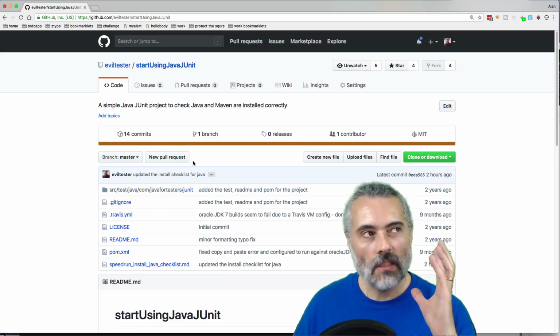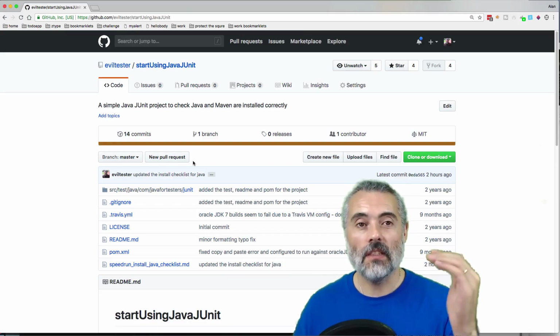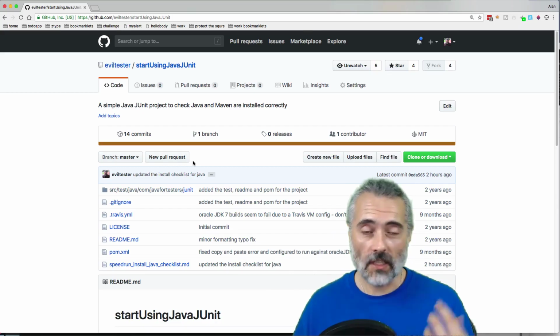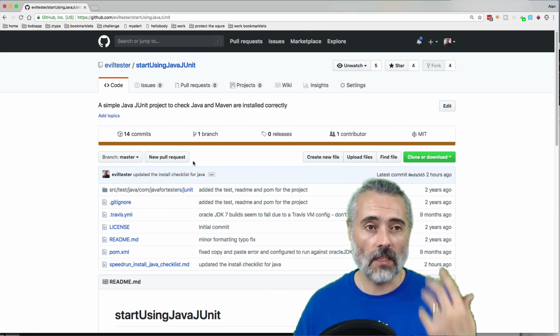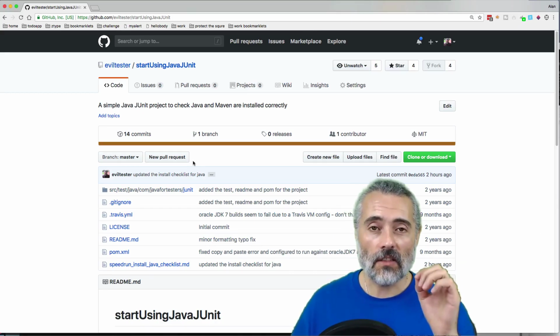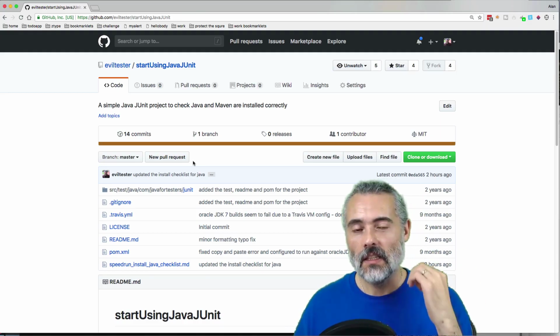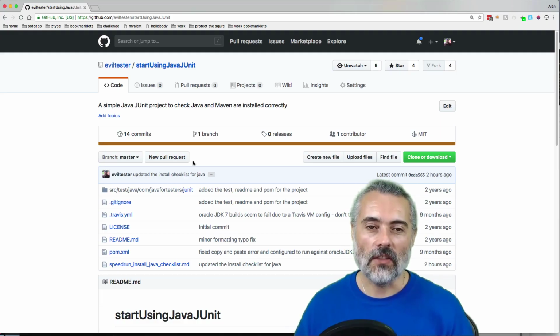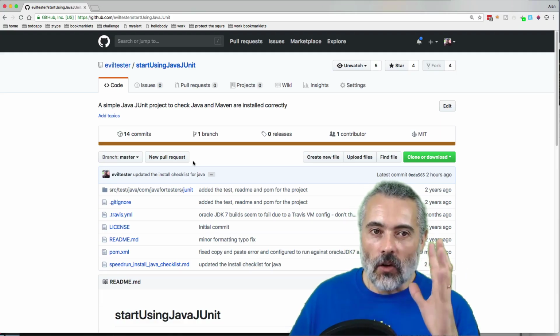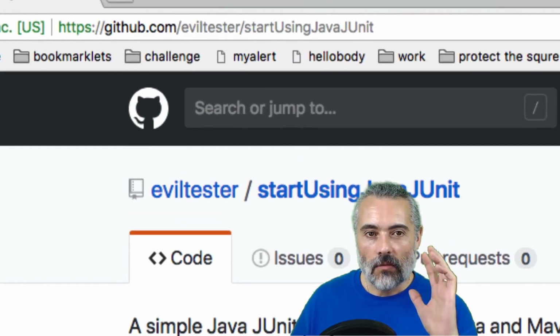Okay, so because Selenium WebDriver keeps updating all the time, which is good for us, right? Because they keep adding new features, they fix bugs, they keep up to date with the browsers. The hard thing is, from a training course, keeping all the versions up to date, and the install instructions can change very frequently. So what I do, on GitHub, I have a project called